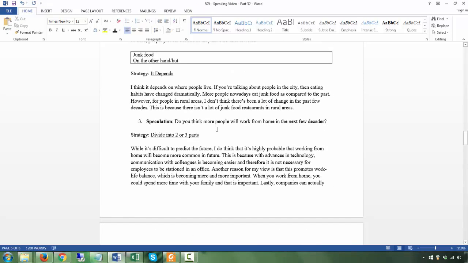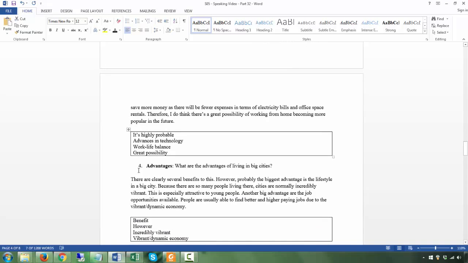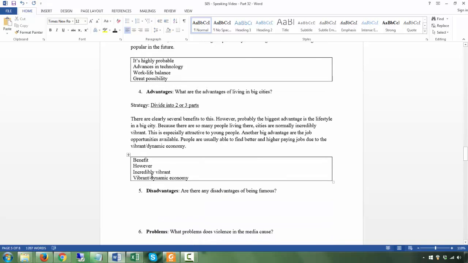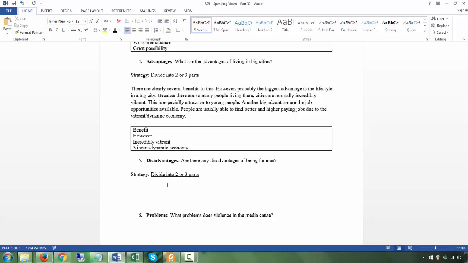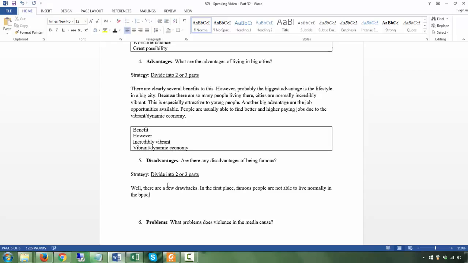And of course, the strategies for question 4 is this one. Same for question 5. Oops. Right, so are there any disadvantages of being famous? Well, there are a few drawbacks. In the first place, famous people are not able to live normally in the public. This is because everyone would walk up to them and try and get their autograph